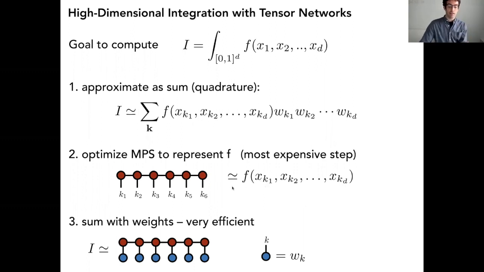And if you succeed at this optimization, this is the most expensive and complicated part, which I won't have time to go into. If you succeed at figuring out the parameters to approximate f, then you can do this integral very quickly and very efficiently. So you just define these little small vectors of these weights, and then you just stick them on one at a time. And this part just takes a second, and it's exact. But this is the part that takes all the time and is sort of subtle to do. But then you could pull off this integral without having to do any Monte Carlo or anything else.